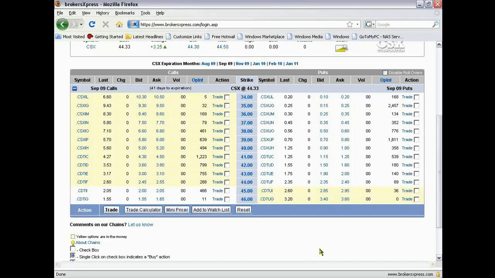This stock has got what kind of strike prices? I love $1 strike prices. The more volume a stock has and the more we're in the marketplace, the more of these $1 strike prices you're seeing. What's really nice about ETFs, exchange traded funds, what do they have? $1 strikes. Okay, so now the stock we're looking at here is at 44.33 right now.